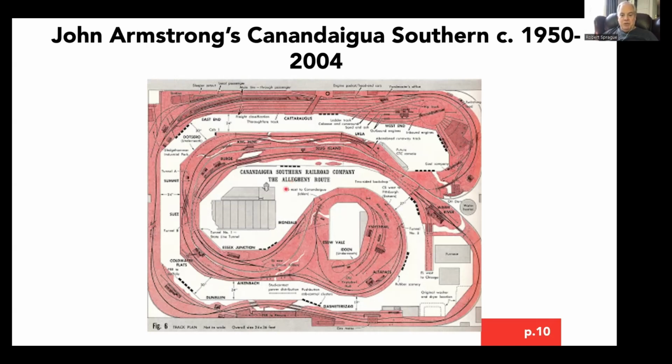Again, there are some things about even John's plan that we might think twice about these days. I've sometimes said that John Armstrong reminds me of Frank Lloyd Wright. The houses are really, really fantastic, but you never want to have to live in one. And anybody who visited John's layout knows that some of these aisleways were as tight as 18 inches here,